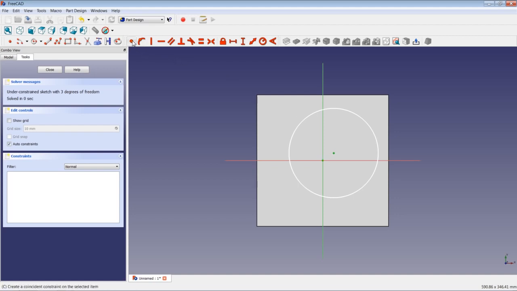And then I will constrain these 2 points here with a coincidence constraint. As you can see, these 2 points are now the same. And I just removed 2 degrees of freedom here in the sketch. So I will now highlight